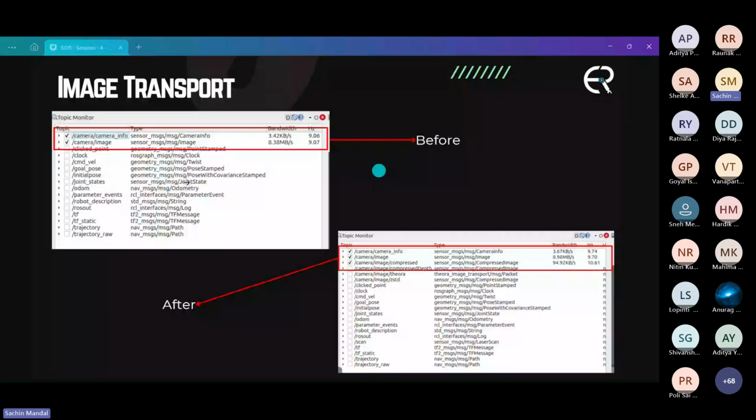But after the compression is done, it was around 100 Mbps. This significantly changes the case for wireless robot systems. Similarly, you can also see the compressed image from RQT and get all the topics by just running ros2 topic list.